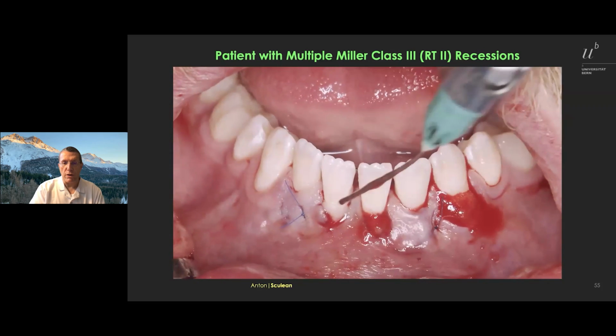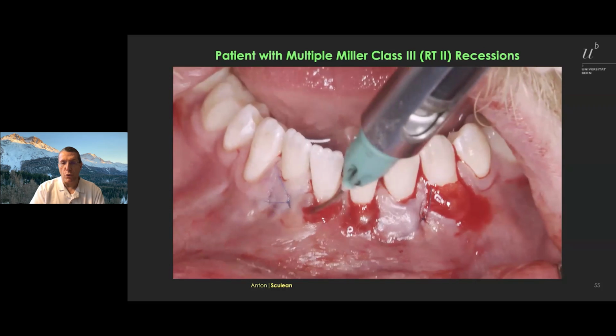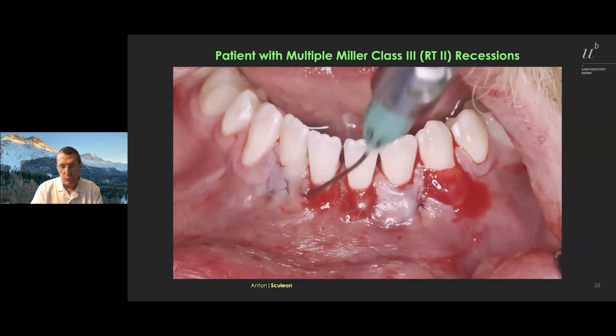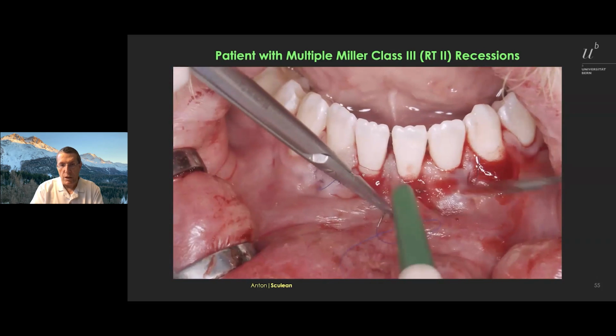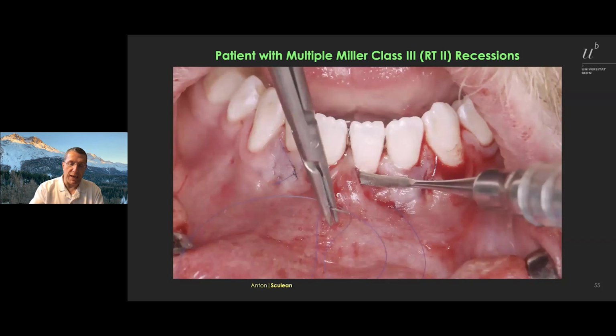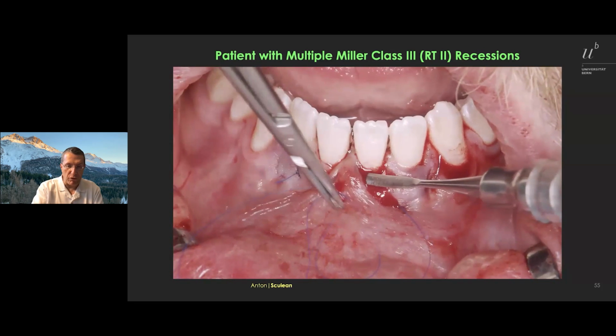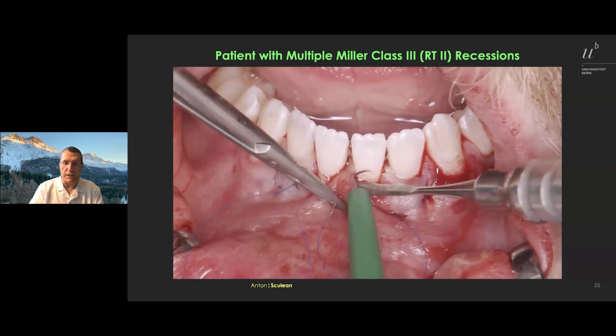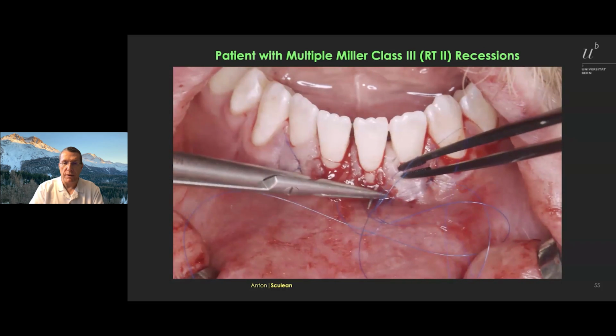So the suture for the graft is going to be fixed always lingually. It's very important. Now I move the tunnel coronally, but I can also have a specifically designed suturing technique, namely